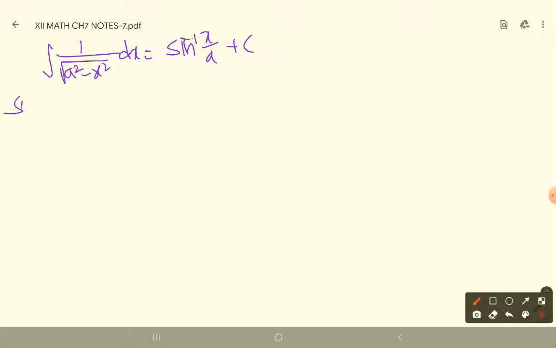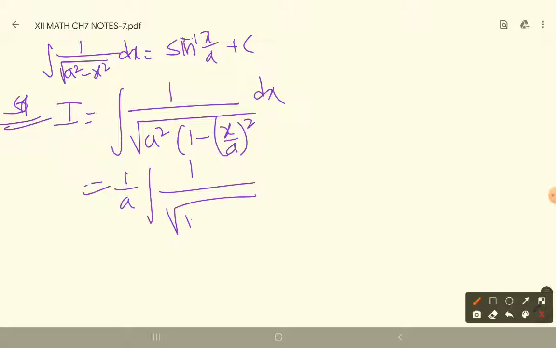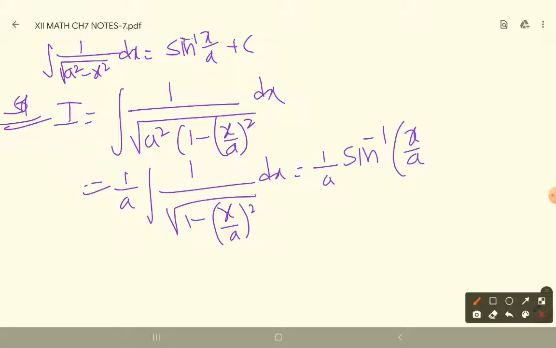See, the other method, it is the solution I can do, take a square common in the square root. It is a square into 1 minus x by a whole square into dx. So then this a square will come out as a. So it is 1 by a, 1 by root over 1 minus x by a whole square into dx. This is nothing but 1 by a, it is a sin inverse x formula. 1 by root over 1 minus t square is the derivative of sin inverse t. So it is sin inverse of x by a